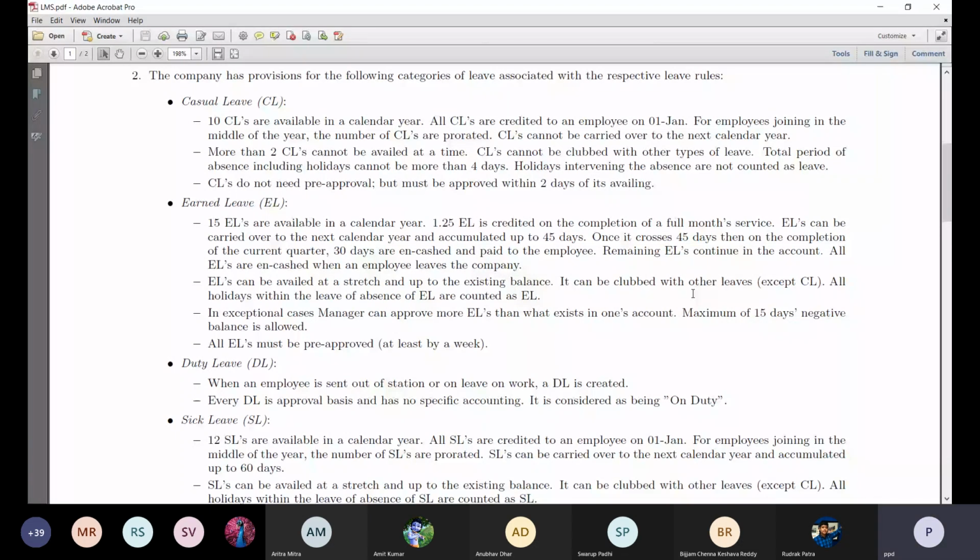Similarly, earned leaves can be availed at a stretch up to an existing balance. It can be clubbed with other leaves, except of course the casual leave. All other holidays within the leave of absence of earned leave are counted as earned leave. This is different from casual leave. In exceptional cases, a manager can approve more earned leave than what exists in one's account. A maximum of 15 days of negative balance is allowed. All earned leaves must be pre-approved, at least by